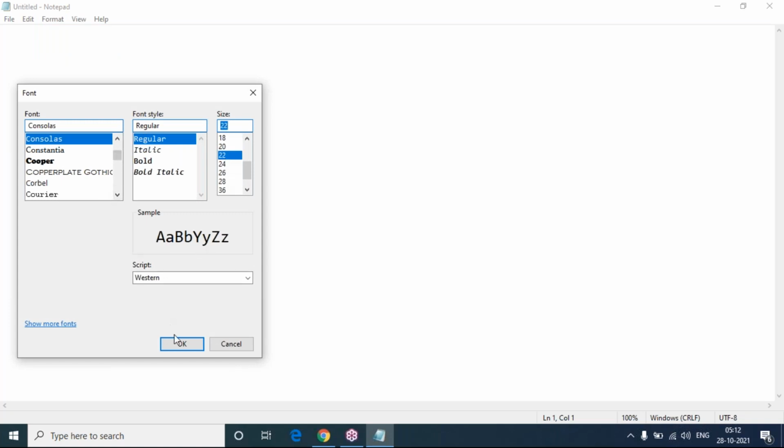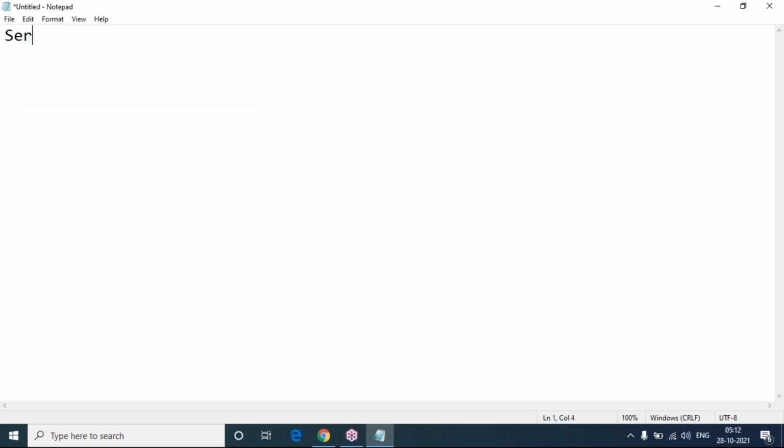Now you can see here, serializers allow complex data. Complex data means such as a Django query set or model instance.